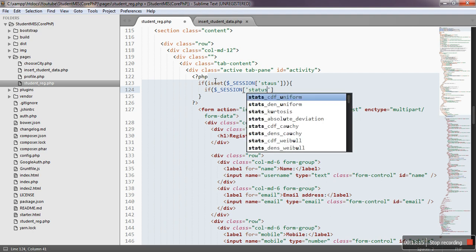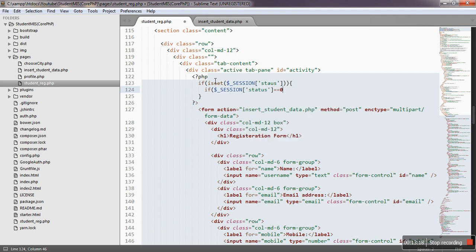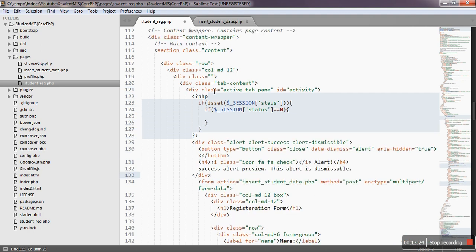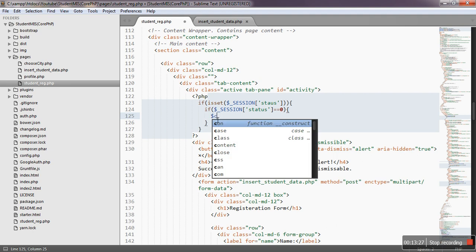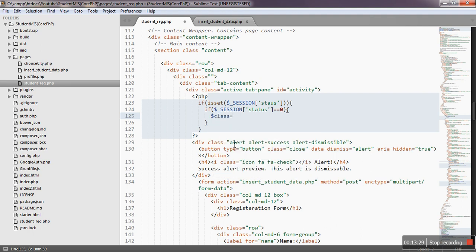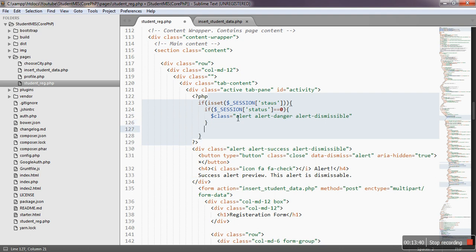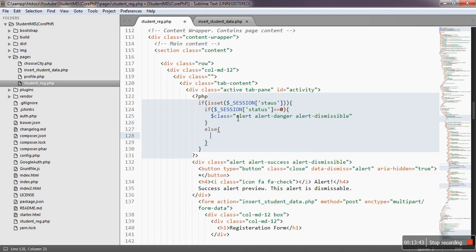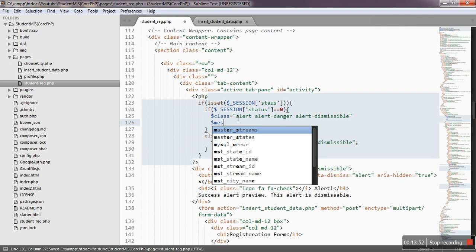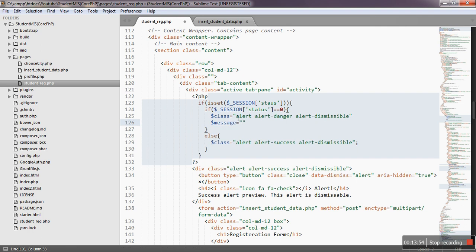So you will check if $_SESSION status is equal to 0, just copy it over here. Then I want my class to be danger, so I'll use this one as it is, and change this success to danger, else it will be 1, and I want it to be success. The message that I want to print is